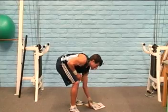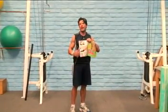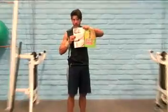So this girl's doing what we call a sissy squat from a dead stop on the ground. It's really hard on the knees. Then look what she's doing for her abs. Okay? They got to write